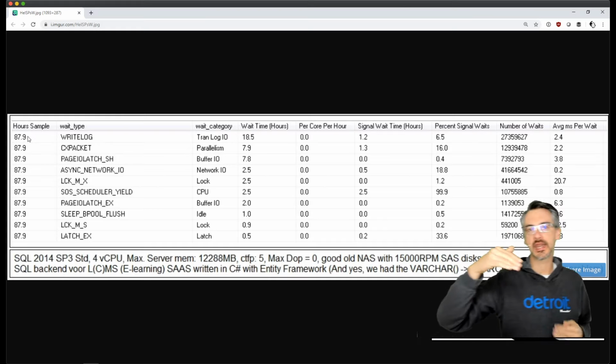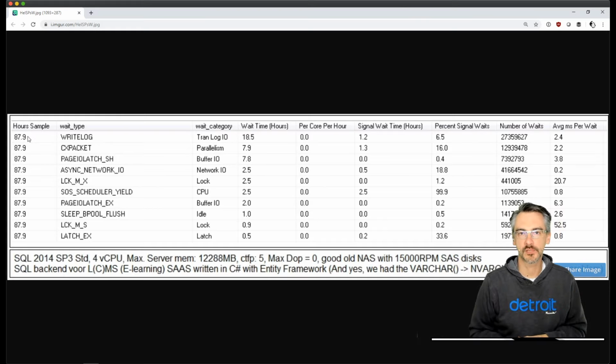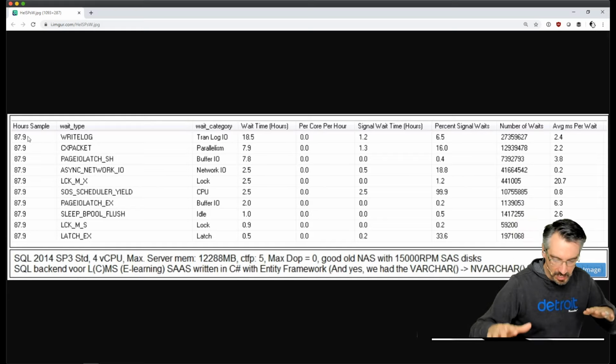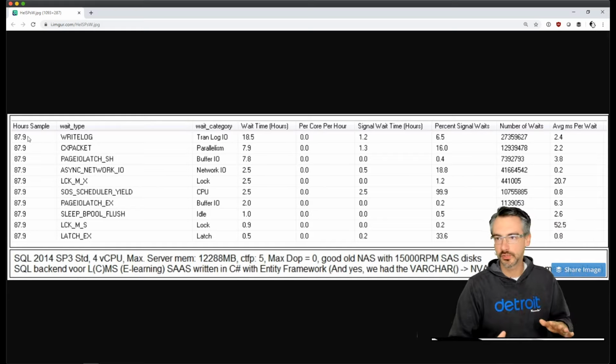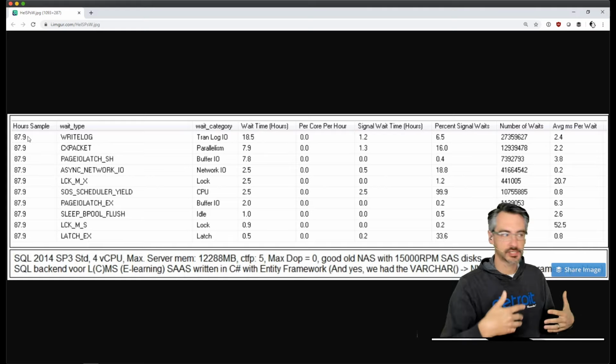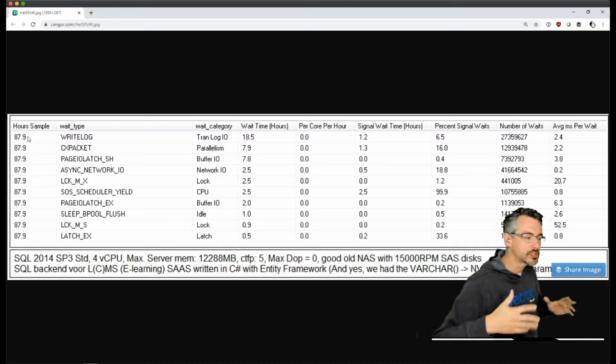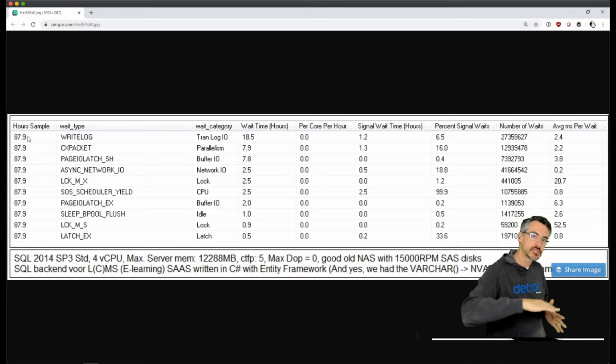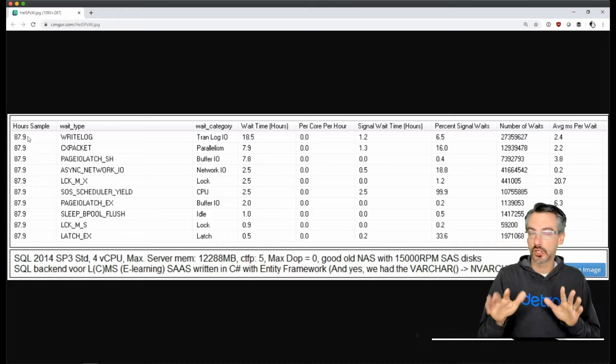So in 88 hours of uptime, the first column tells me how long the SQL Server's been up. And in 88 hours of uptime, it's kind of tough to draw conclusions. Thankfully, 88 hours means that it's been up, because today's Thursday, it's been up during weekdays. So assuming your workloads are pretty stable throughout the week, then this might be good enough.